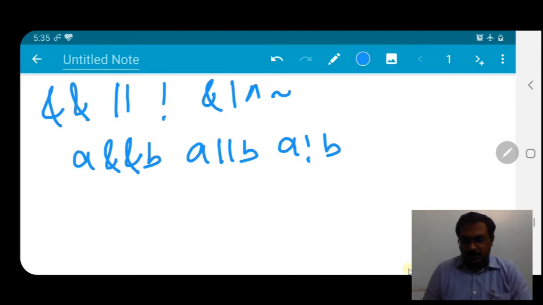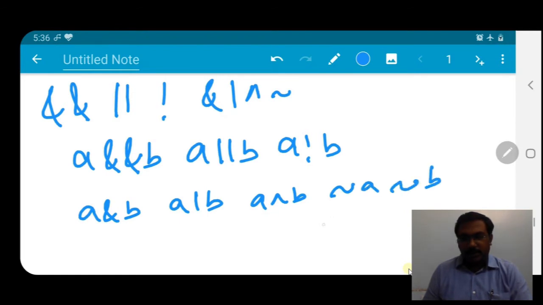We can write a bitwise and b, a bitwise or b, a XOR b, not a, not b. Fine, these are the normal things which we already know about, so these are not new things. These are the different kinds of expressions which we have.